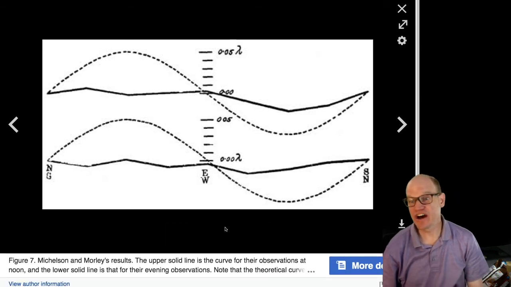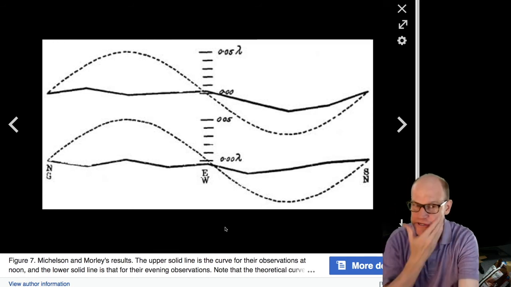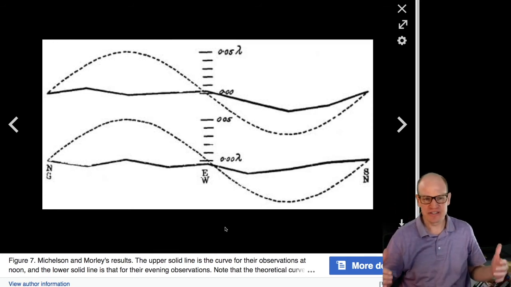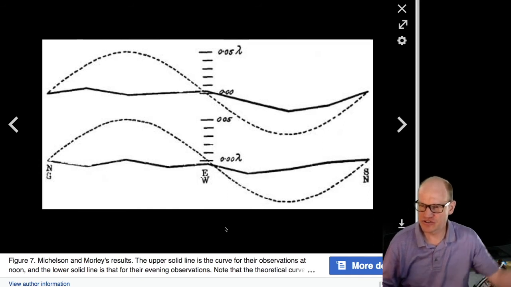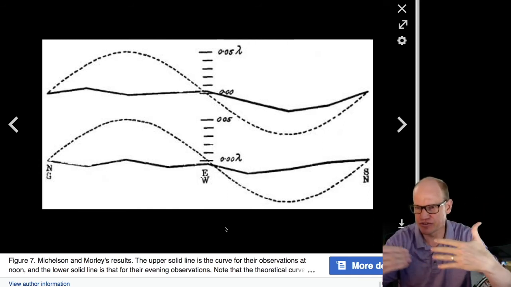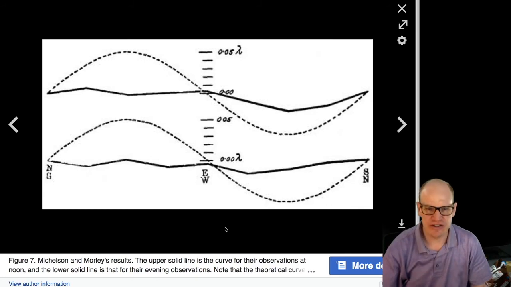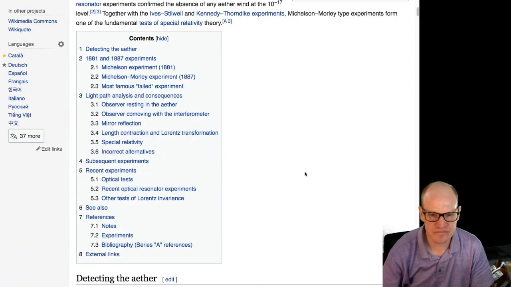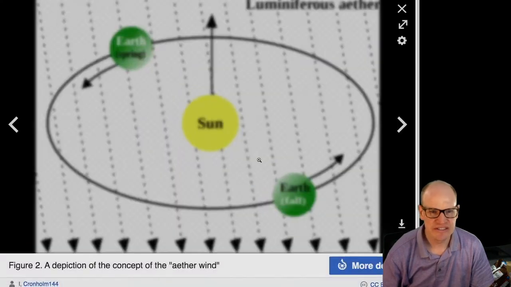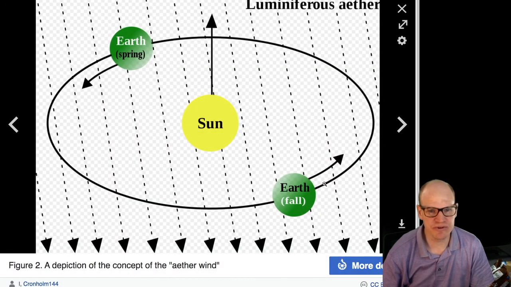And that was the non-discovery of the luminiferous ether. So after they made these measurements, they basically said, there's no evidence for a luminiferous ether. There's no evidence that the speed of light changes in different directions because of this outside ether wind. So the model was that the wind is moving in some direction, the Earth is moving through it